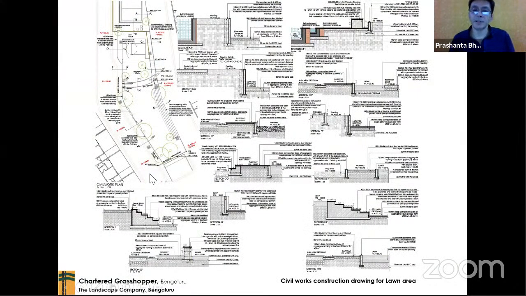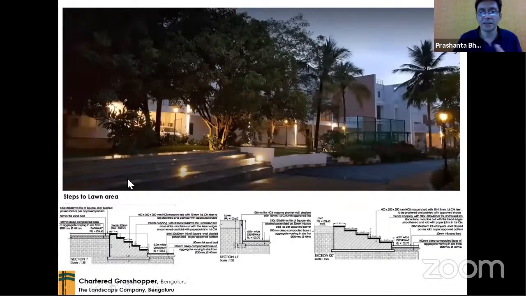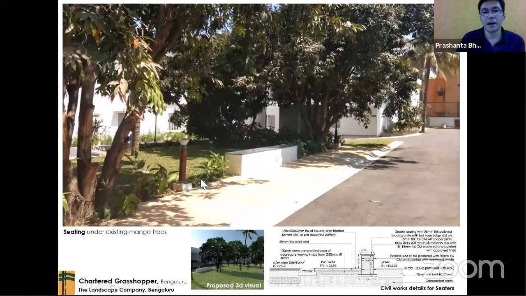These are the detailed drawings that we've done for the project. Some of the planters, the steps, the seating. I think you all have gone through the CAD course where you would have learned how to do some of this. And these are the steps, with the lighting and the finishes that happen to it, and how these become spaces that people can come in and sit and meet their neighbors and enjoy some time under the trees.